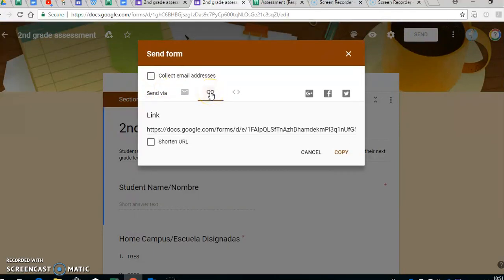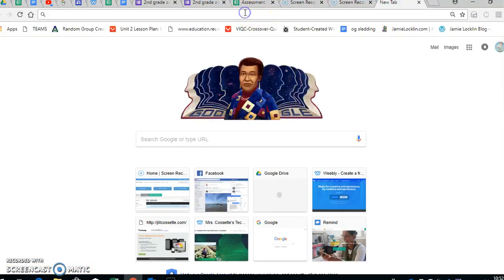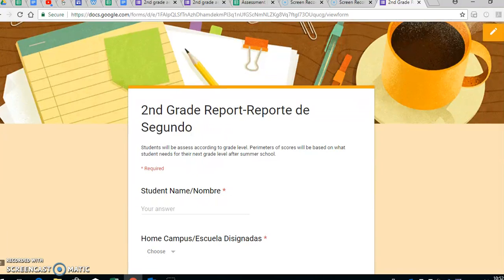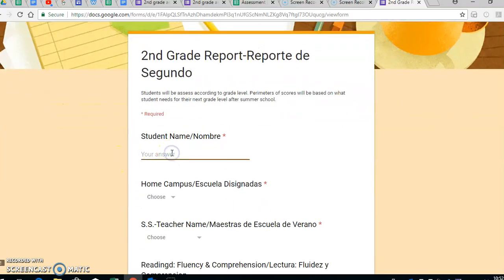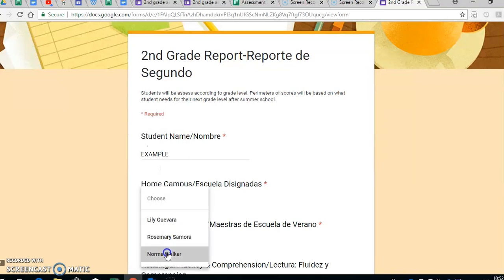We will be getting the link, and you can shorten the URL, to copy, and this is how we will do view mode instead of edit mode. So this is how you'll be filling out the forms. For each student, you will fill out all of the questions, and